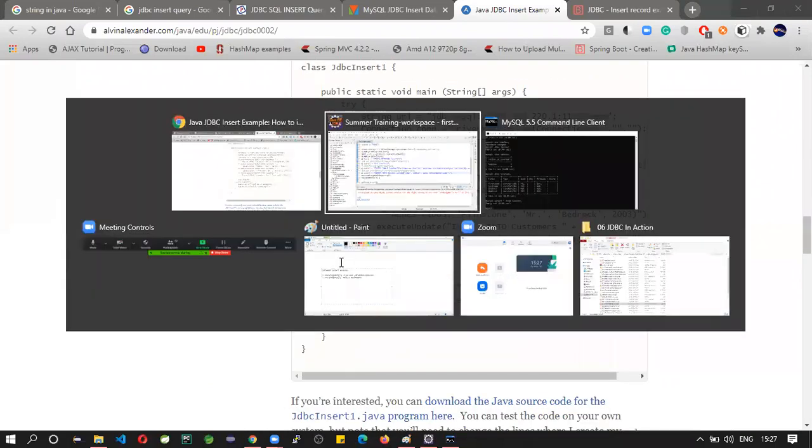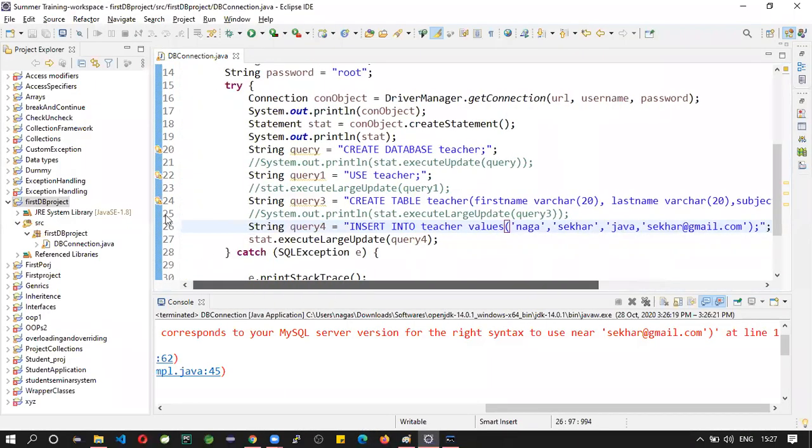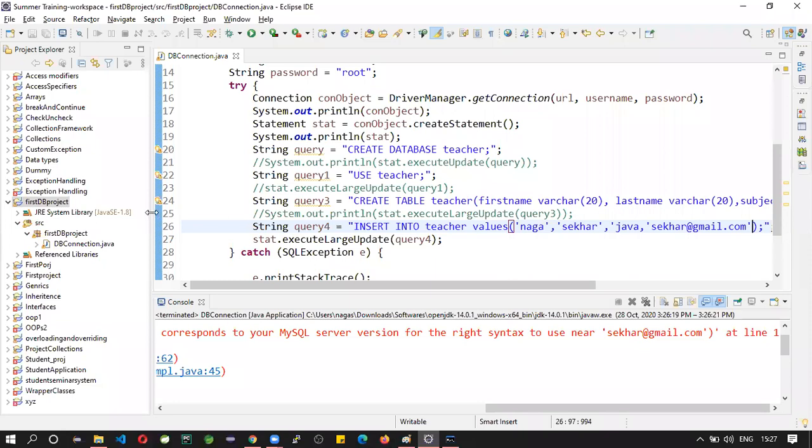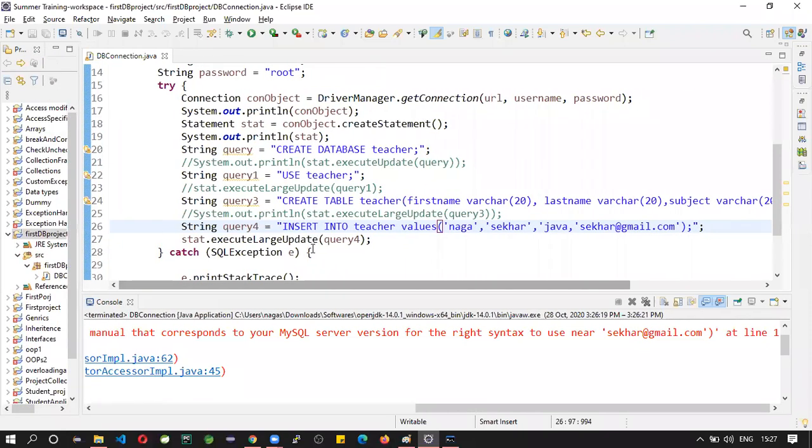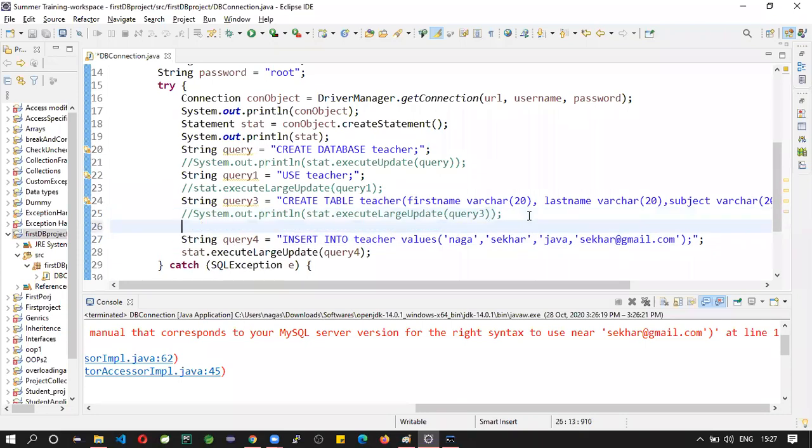Let us try in another way. String first name,